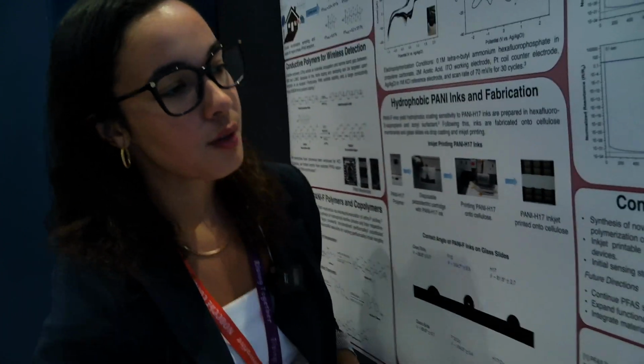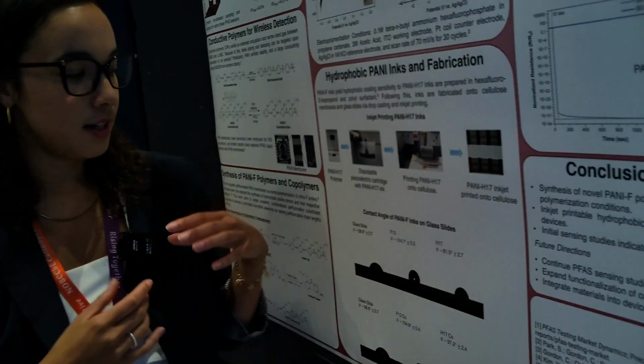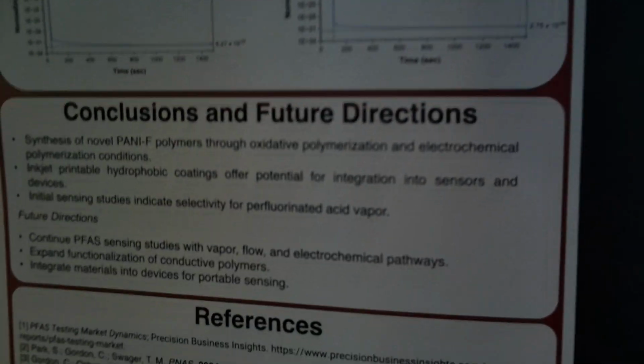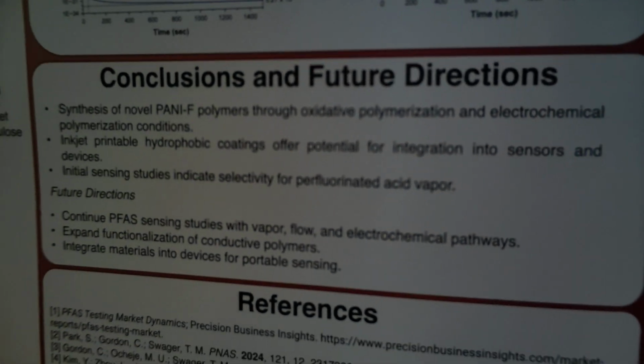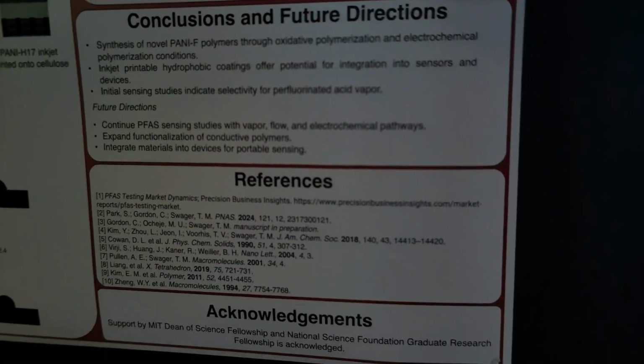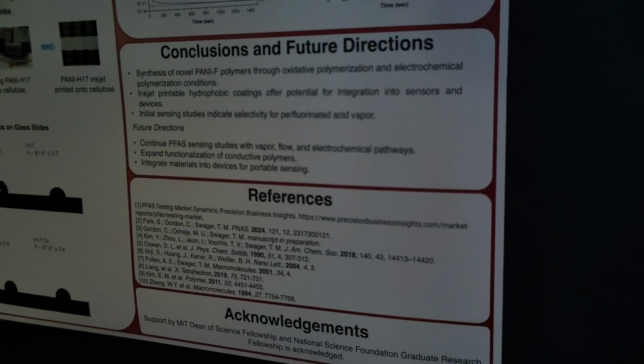And so in conclusion, I have targeted a library of perfluorinated homopolymers and copolymers, polyaniline. I have carried out this both electrochemically and oxidatively, and been able to fabricate these materials via inkjet printing for these sensor devices that are employed for PFAS vapor. And so we look forward to continuing these sensing studies in the vapor flow and even electrochemical pathways as we